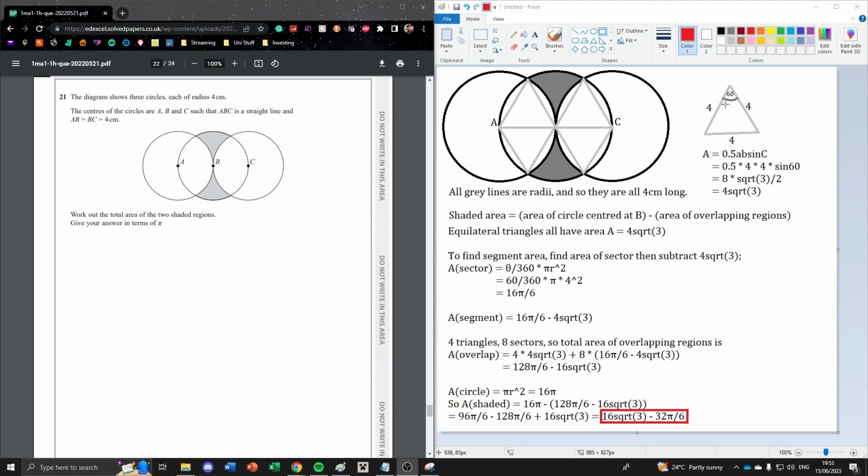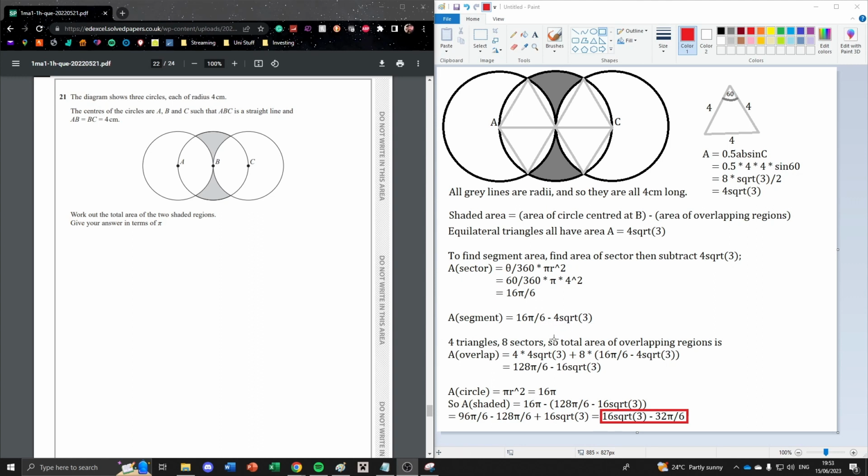So in this case, the angle is 60 divided by 360 times pi times 4 squared, 4 being the radius. And this gives us 16 pi, from the 4 squared, divided by 6. This 60 over 360 is equal to 1 over 6. So the area of a segment, that's one of these little slices, is 16 pi divided by 6 minus 4